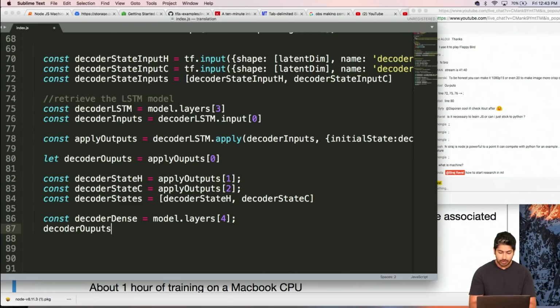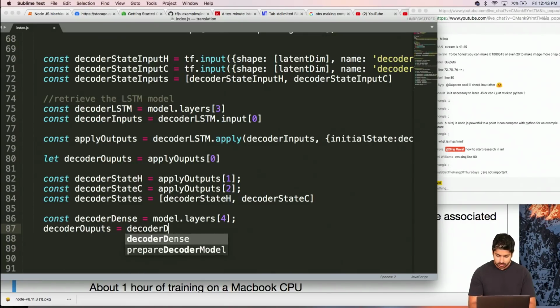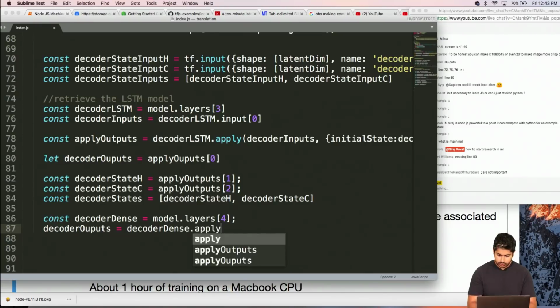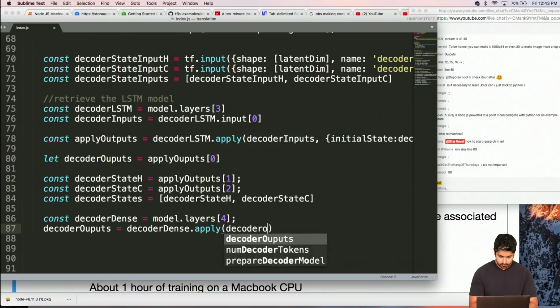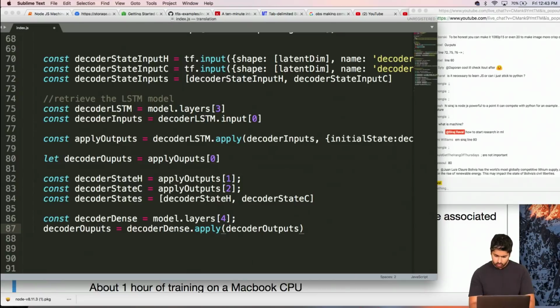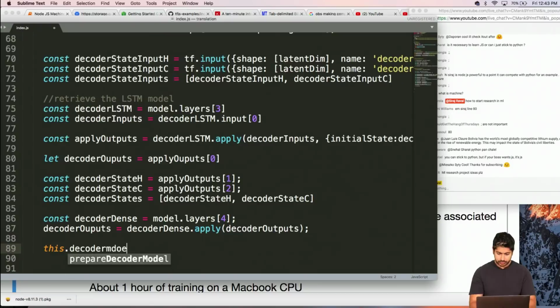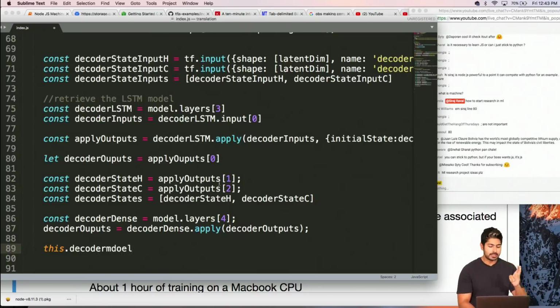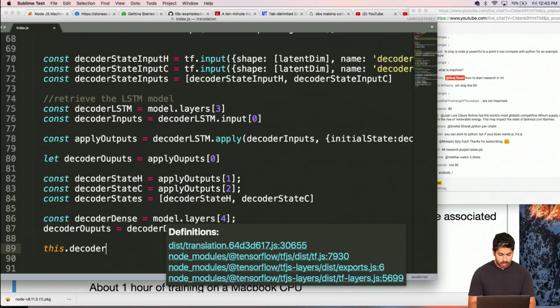So to get that final output, we're going to use that dense layer to define that output. We have our decoder model. All right, so that's our final output. We applied the dense layer to the output, and now we have a prediction. Okay, so the decoder model